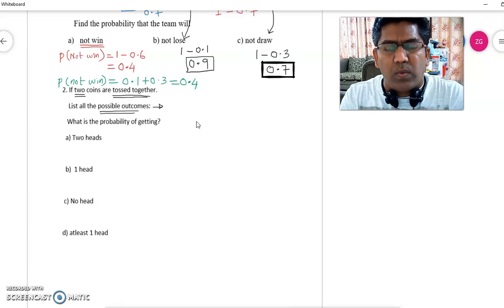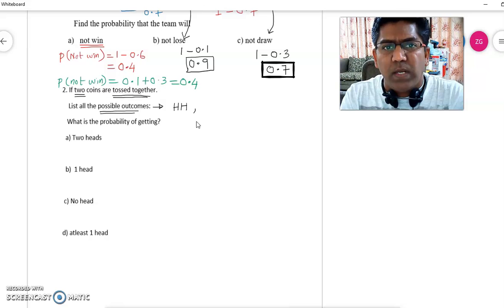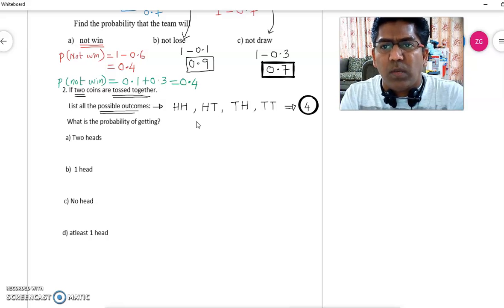Now coin 1, if you get a head, there is a possibility that coin 2 is also giving you a head. So both coins are giving you a head. So the first outcome is both head. Now it is possible that the first coin is showing you a head and the second is showing you a tail. So you get head tail. It is possible that the first one is a tail and the second one is a head. And the last possible option is you have both tails. So in all, we have a total of 4 possible outcomes in the sample space. So this is the total possibilities we have.